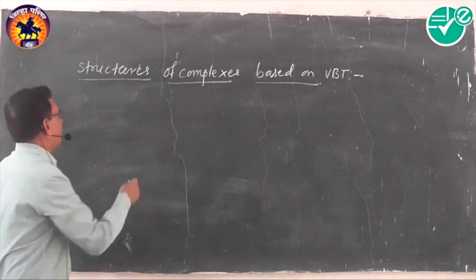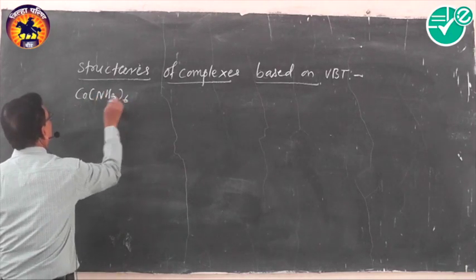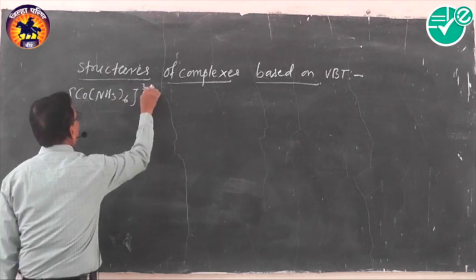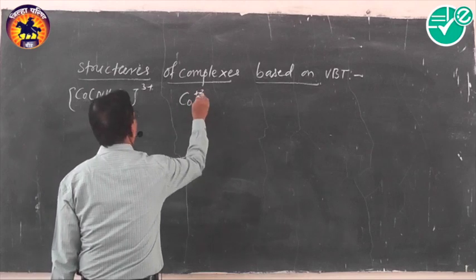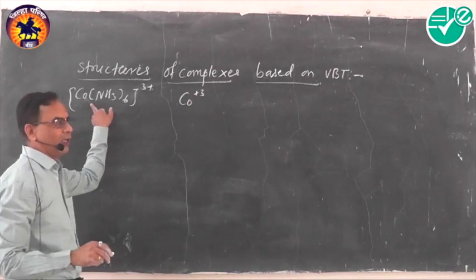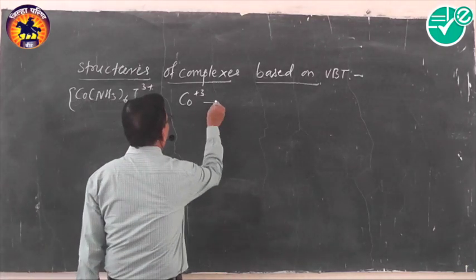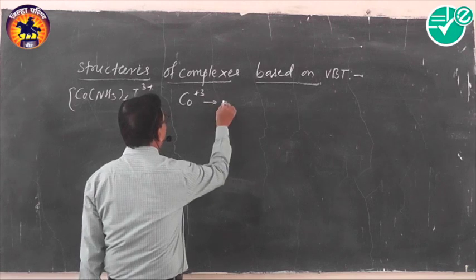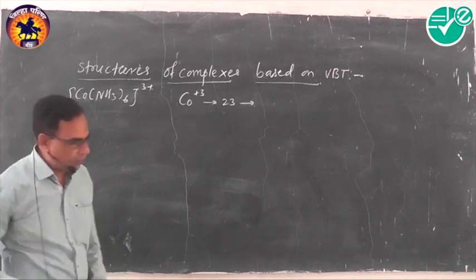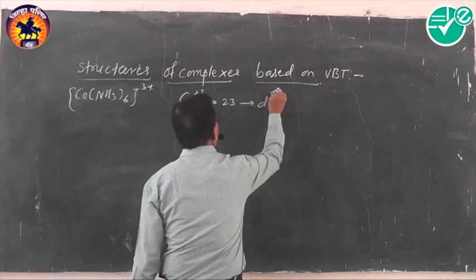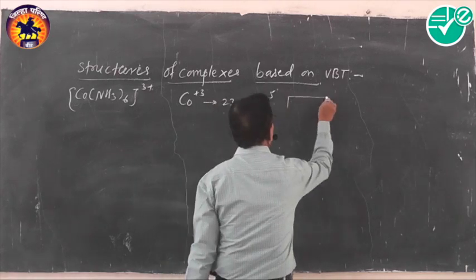Let us see first of all [Co(NH3)6] 3 plus. This is Co3+. Remember one thing, Co has atomic number 26. Co3+, there are 26 minus 3, so there are 23 electrons, and hence it is a d5 case. It is a d5 case. So the electronic configuration of this is